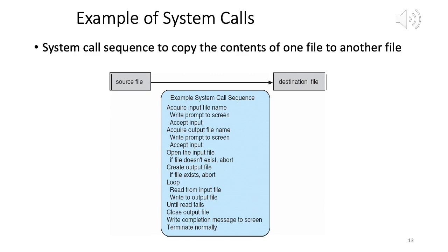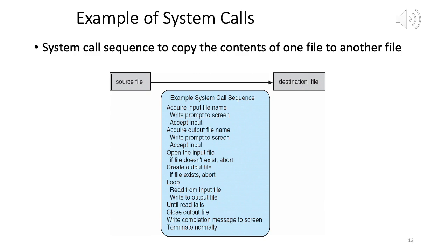It needs to know where it has to copy, which file it has to copy to. So it writes a prompt to the screen, asks you for that information, whether in a command line program or in a window in the GUI. You type the destination file, and it accepts the input. You may need to specify the file path.